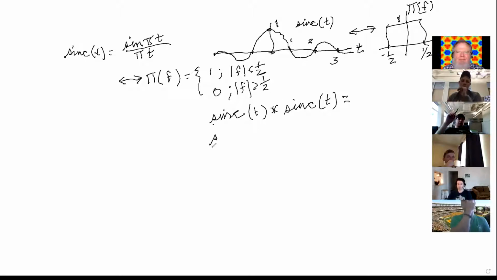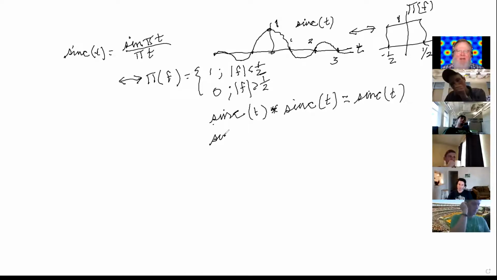Okay. Would it just be like steeper and positive? Give me a function to put here. Sinc squared? No, that would be sinc times sinc. That's very close. Oh, you said multiply. You meant convolve. Did I say multiply? I'm sorry, yeah. I meant convolve. Yes, I misspoke. You convolve two sincs, you get a sinc back. Try it. Isn't that interesting? You get a sinc back.